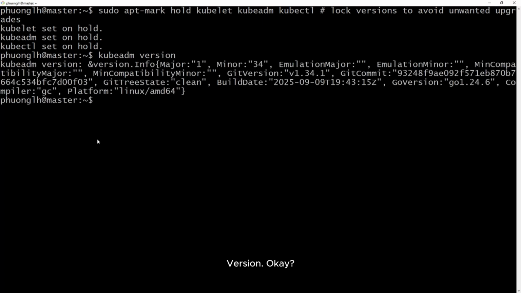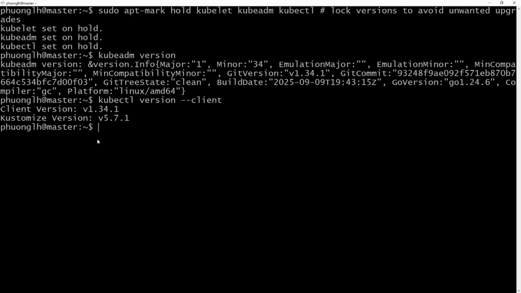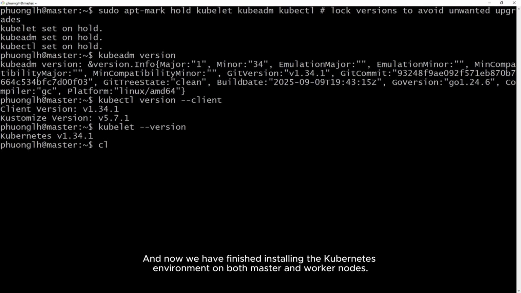Okay. And now we have finished installing the Kubernetes environment on both master and worker nodes.